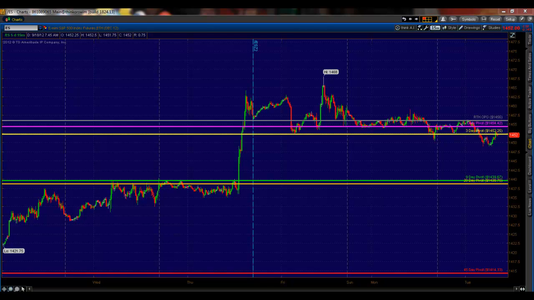Okay, this is a 15-minute chart of the ES, and not much going on today, at least in the pre-market. You can see that we're kind of trading around this daily and 3-day pivot range that's going from 1452 quarter up to 1454.42. Kind of a big level for me today is 1440. We've got the 9 and 20-day pivots down there, and